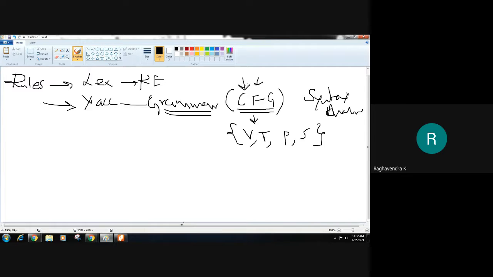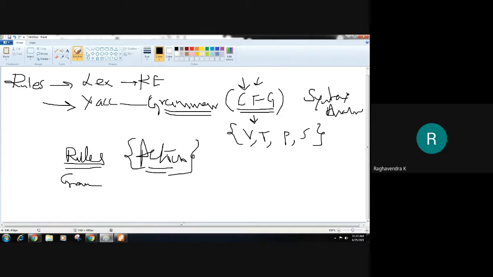The rule section can be divided into two parts. First we write the rule, which is nothing but the grammar, and then it can be followed by an action, just like how we had written in our lex program. The action may or may not be present.